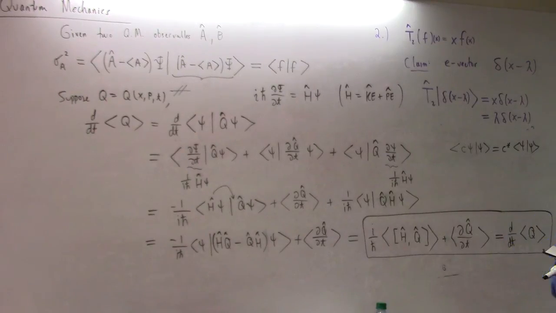He says this is an interesting and useful result in its own right. He's got a couple problems about it. He says in the typical case where the operator does not explicitly depend on time, it tells us that the rate of change of the expectation value is determined by the commutator of the operator and the Hamiltonian. Right? So what does that say about an observable whose